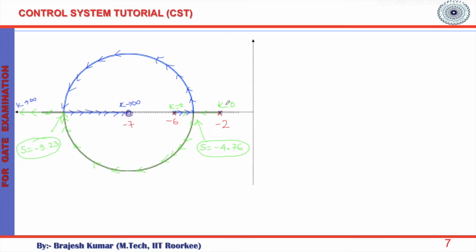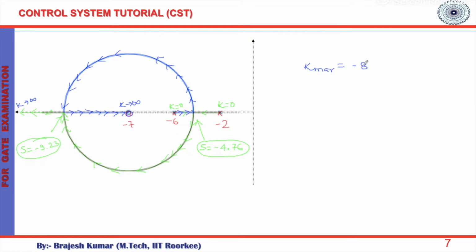But how do you know that this is a circle? Basically, first you start drawing the root locus by rules. When we follow the rules, one of the rules says that you need to find the intersection of the root locus with the j omega axis. For finding that intersection, you create a Routh array in terms of k, then one of the rows will be the row of 0, and that will give you the value of k equal to k marginal. If you find the value of k marginal for this point,